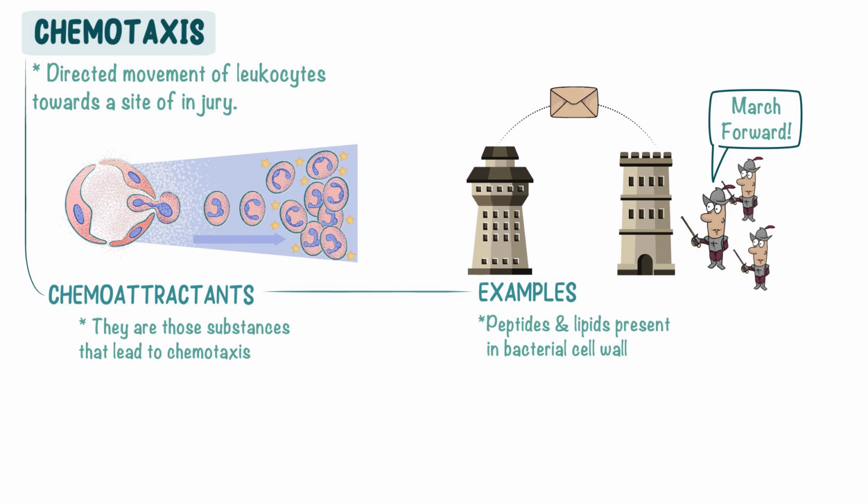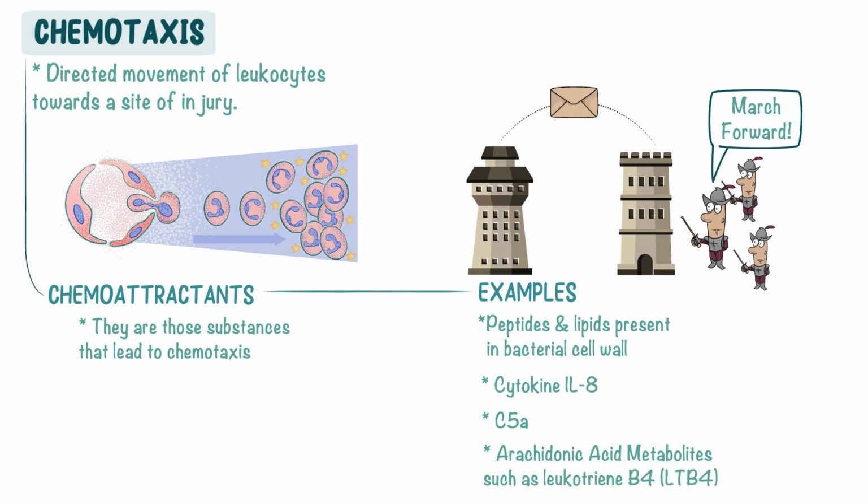For the purpose of exams, you have to remember some important chemoattractants which our own body produces. Cytokine interleukin 8 is a classic example. It guides neutrophils to the site of injury. Then we have complement system components like C5a, which is a powerful chemoattractant. Then we have arachidonic acid metabolites such as leukotriene B4 or LTB4, which is also a powerful chemoattractant. We'll study about the complement system and the arachidonic acid metabolites in our next video, where we will discuss the